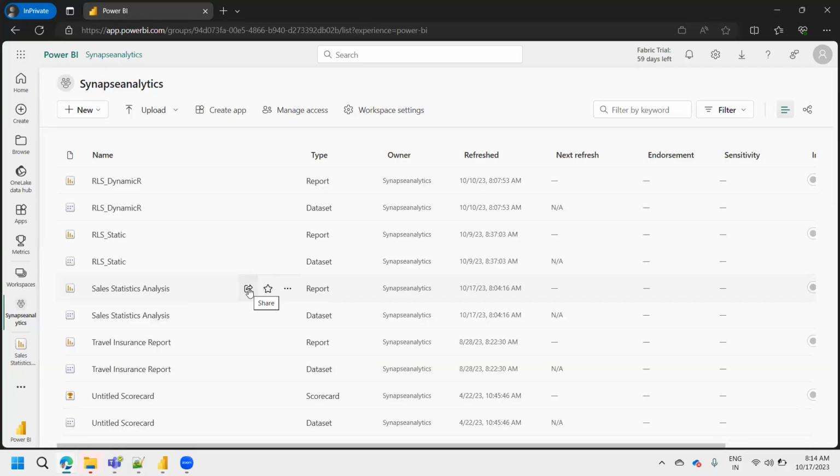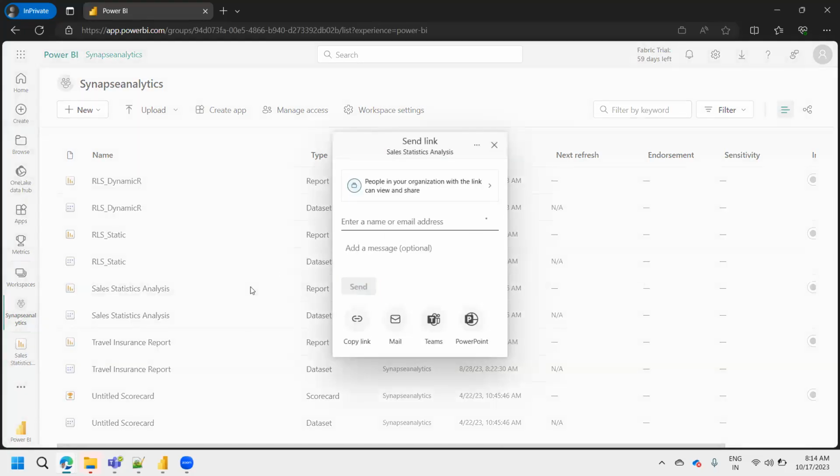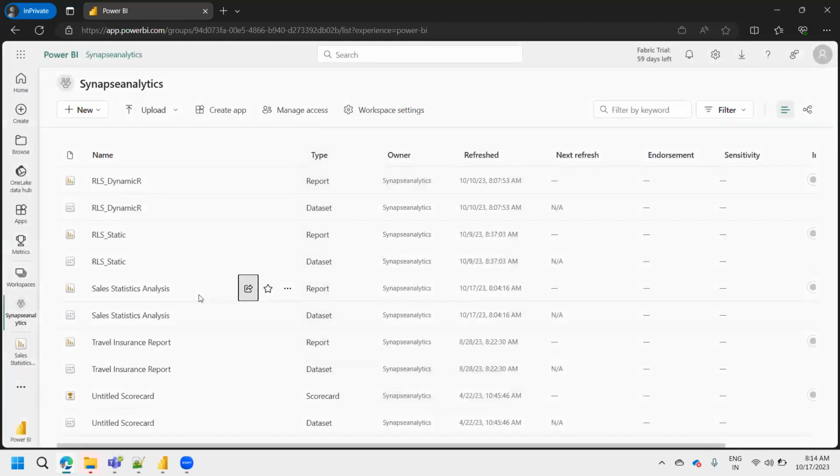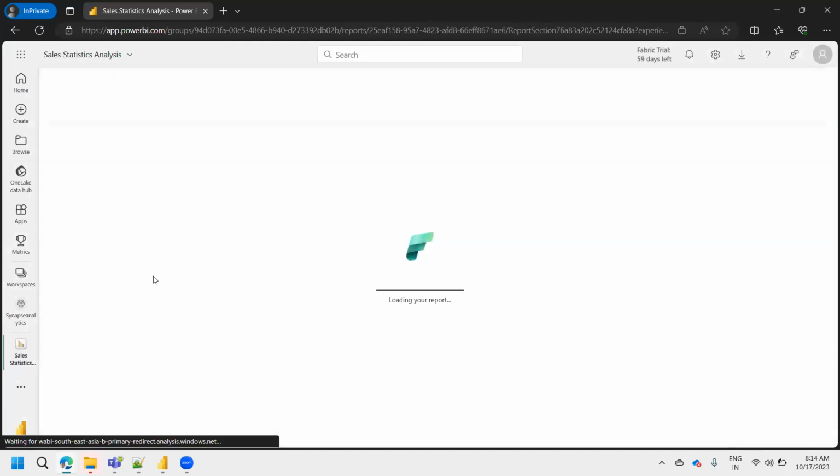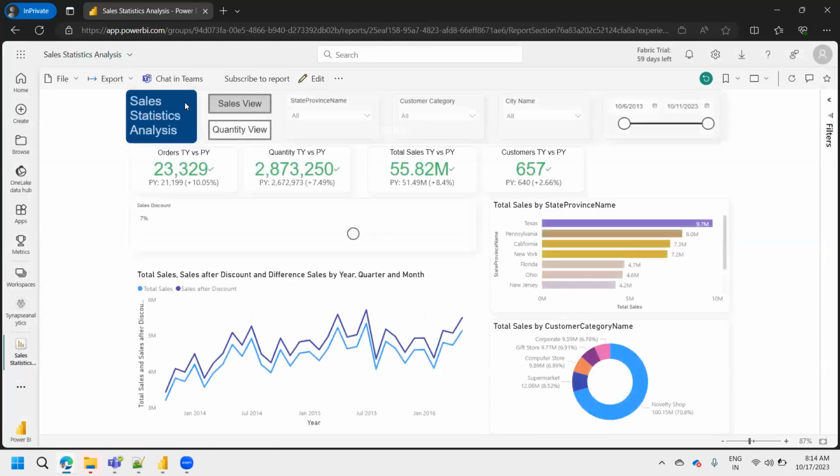That is the second approach. Either we can, without opening this report, share this report from here, just add their mail IDs and send it. Another way, you can open this report. Here also we have an option called share. You can share it. Just now I showcased it to you. And remaining, maybe if my end user wants to receive it in the form of an email, not with normal share,